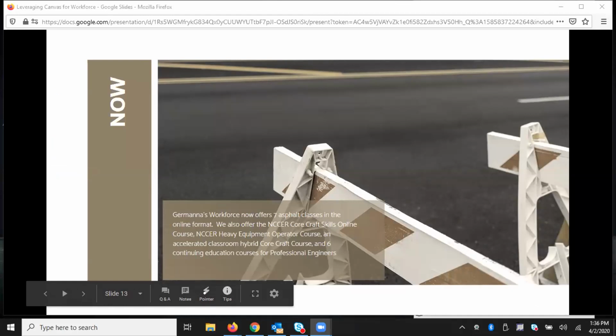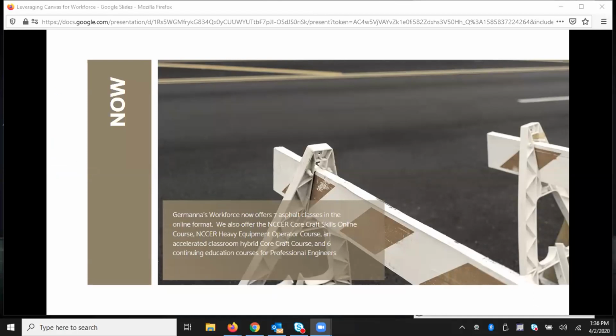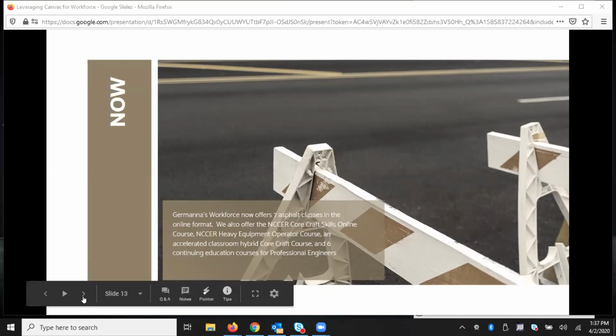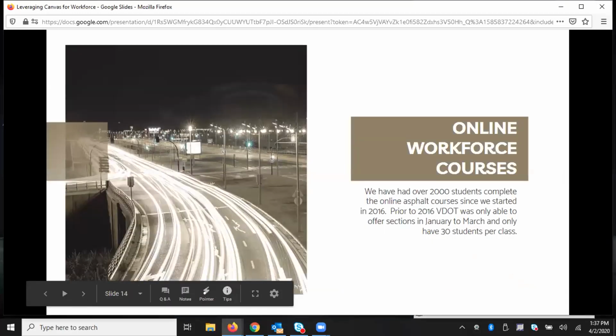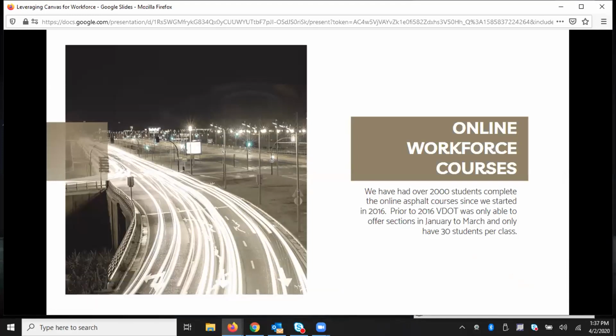So now a real world example, what's really going on. Germanna Workforce has 7 asphalt classes in an online format. They also offer core craft skills online, and heavy equipment operators. They have a ton of students. They have 2,000 students who have completed the online asphalt courses since they started in 2016, and that's thanks to David